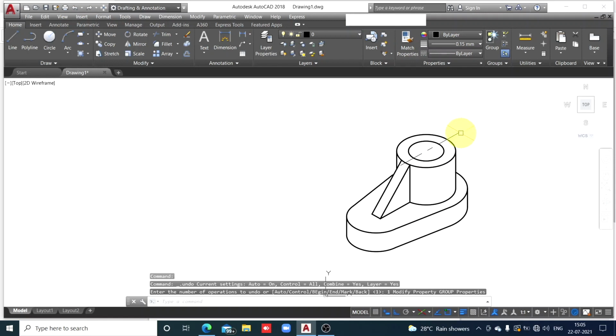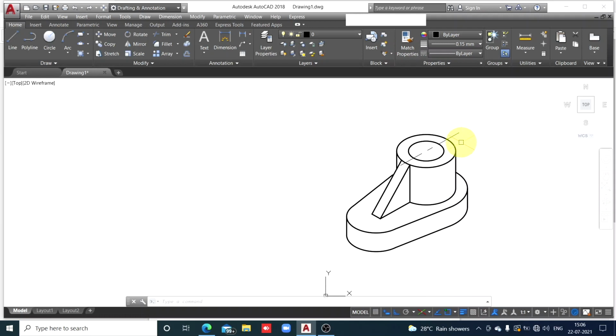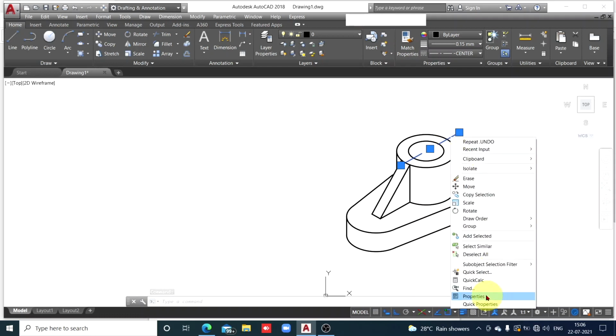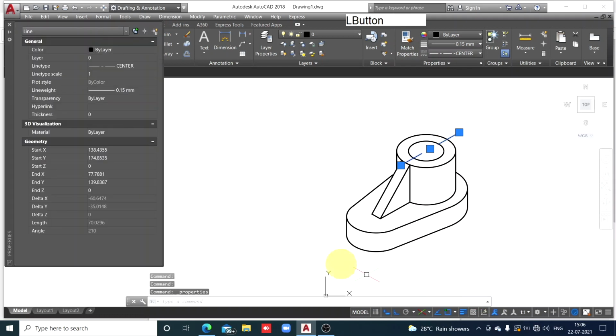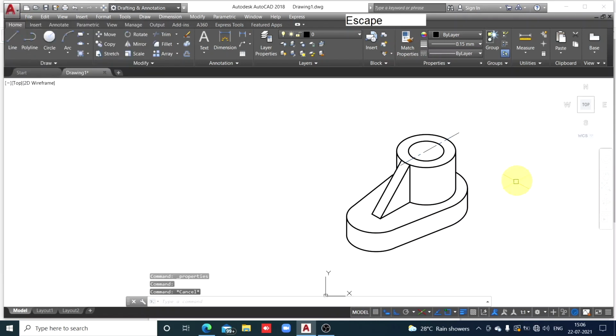I think the length of these dashes is longer than I prefer. So I'll select it, then right click, click on properties and reduce the scale. So I'll make it 0.5, enter, escape.